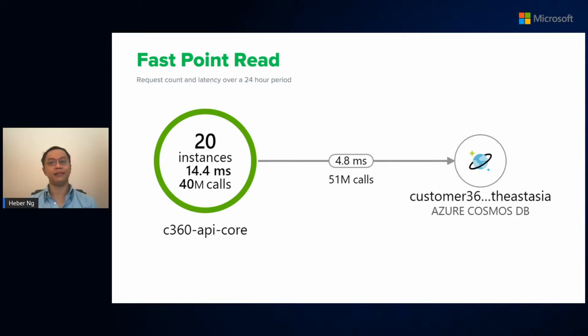Cosmos DB, on the other hand, provides a mechanism called point read. When using point read to query a document by its ID, this query bypasses the query engine of Cosmos DB and talks directly to the storage layer. This makes the retrieval of a single document blazingly fast. And here's a snapshot of the performance metrics that we have retrieved using logs from our instances. As you can see, our daily calls amount to over 50 million per day, but the average time to retrieve data from the Cosmos DB is just under 5 milliseconds.